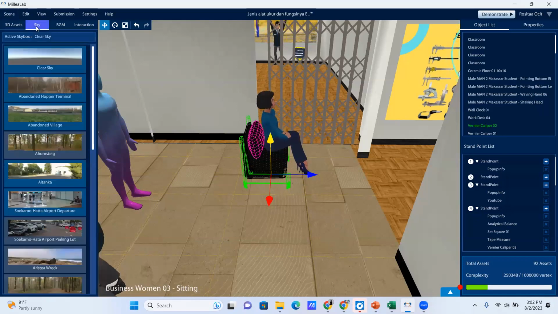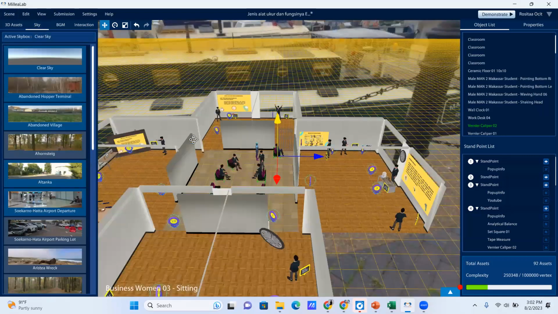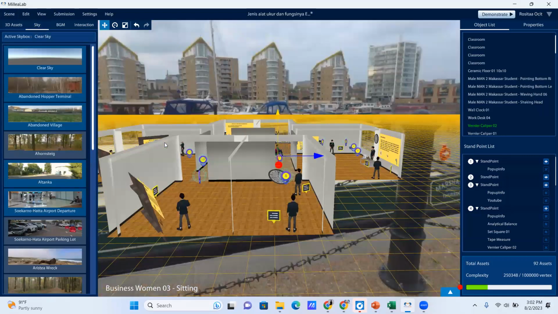Next, sky. You can choose sky to increase the immersive and realistic impression for your content user by clicking on the desired sky and adjusting it to your scene. For example,